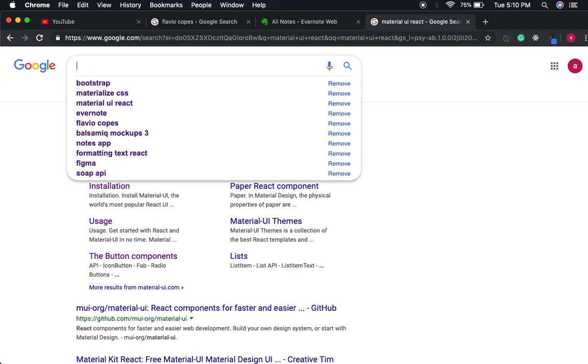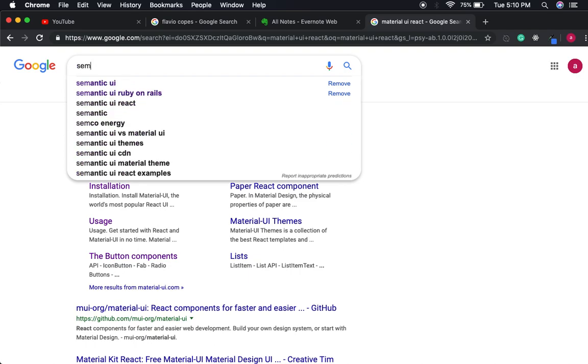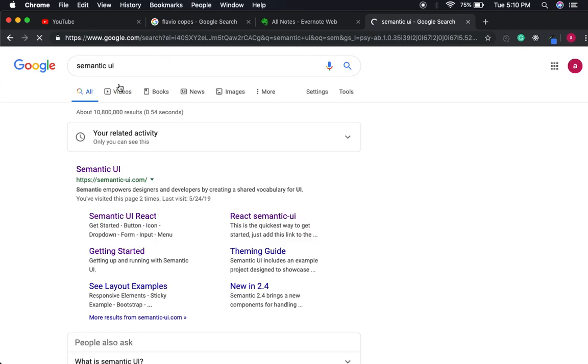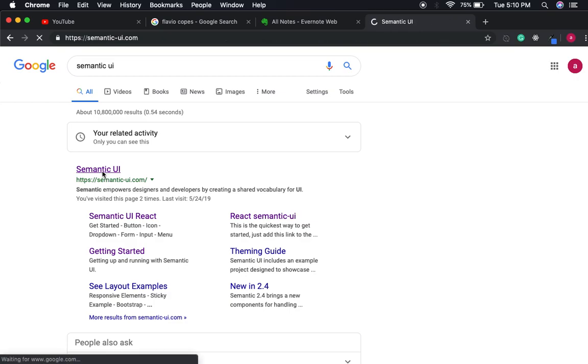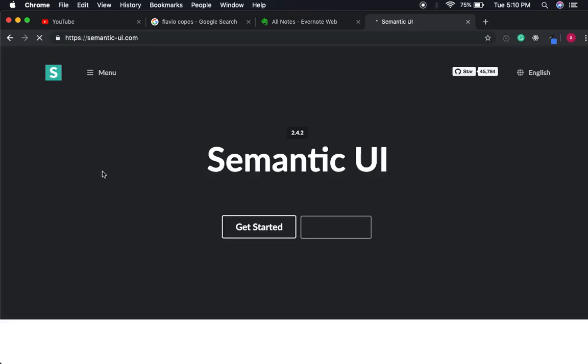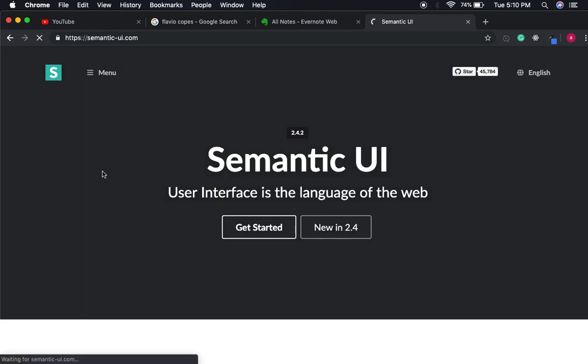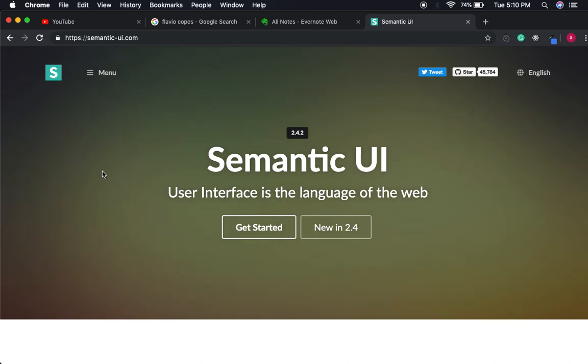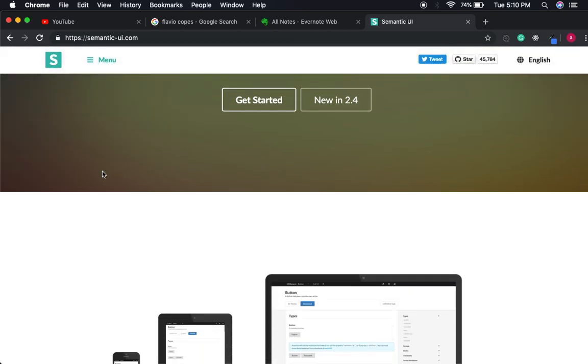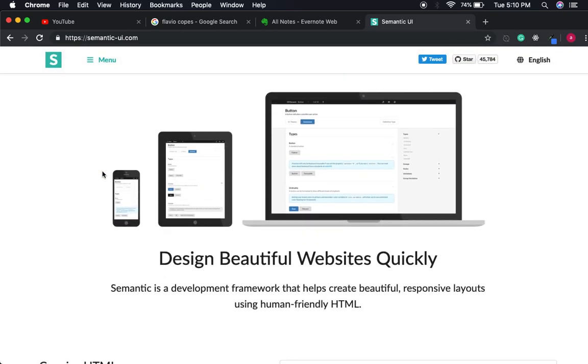Then it's systematic. I think I'm saying that wrong. I can't pronounce that word. Semantic UI. I could be saying it wrong, but yeah, this one. I have not used this one before